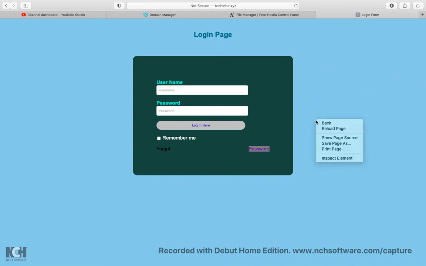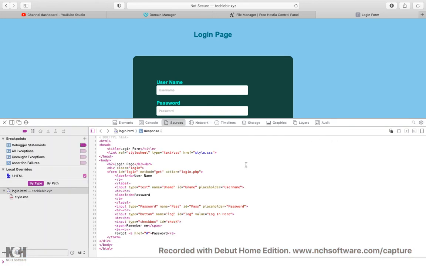So I want to view the source code. Just right click on this page and click on show page source. So it takes you to this particular page source, whatever coding I have given. Here I am using a link tag and href. That is, I have written a separate CSS coding and it has been embedded here. So the program is fetching that particular CSS file and the CSS has been added.